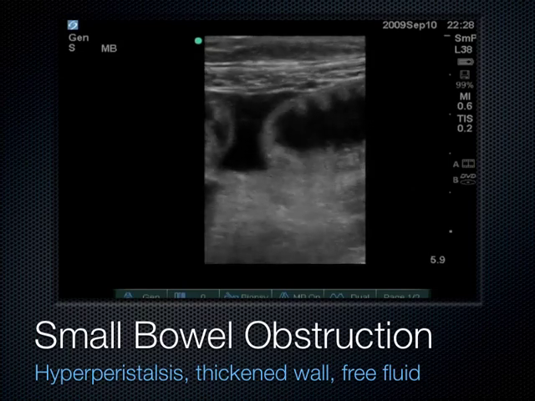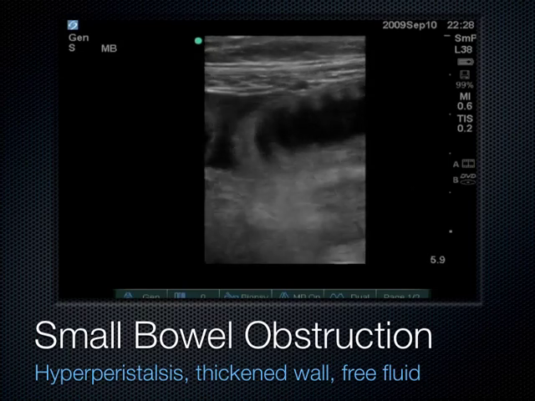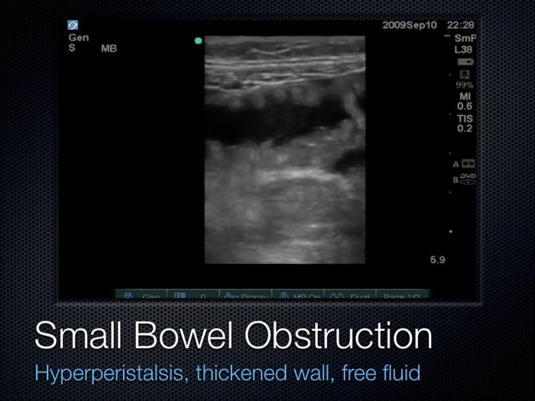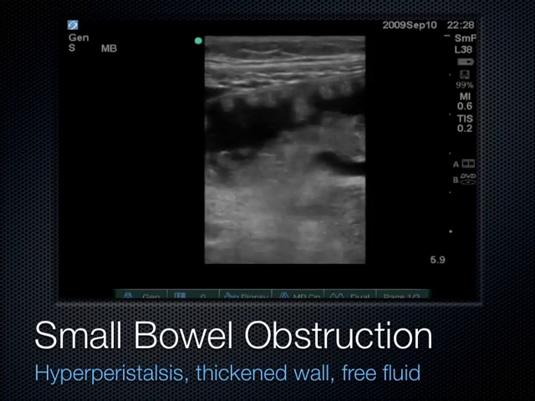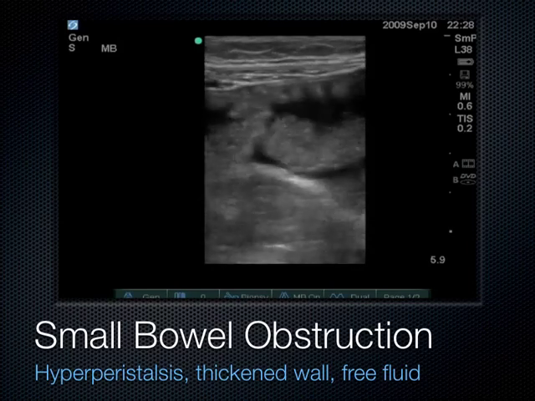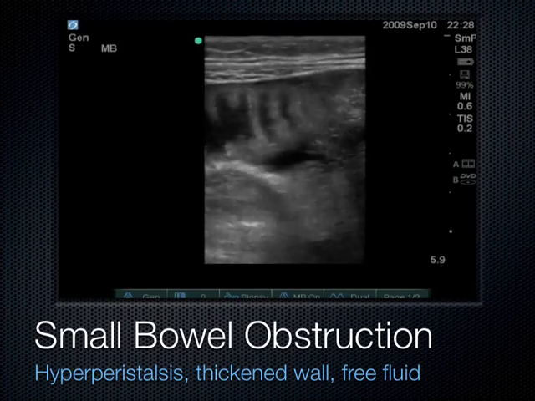And if we look adjacent to it, there's even free fluid between two of these loops of bowel. When you see free fluid like that between two loops of bowel in a patient with a small bowel obstruction, that's a surgical emergency. The presence of free fluid means we need to go to the operating room now on